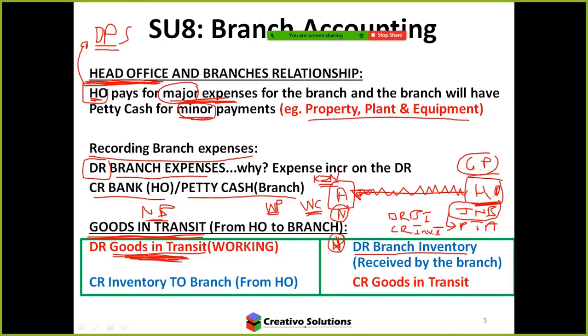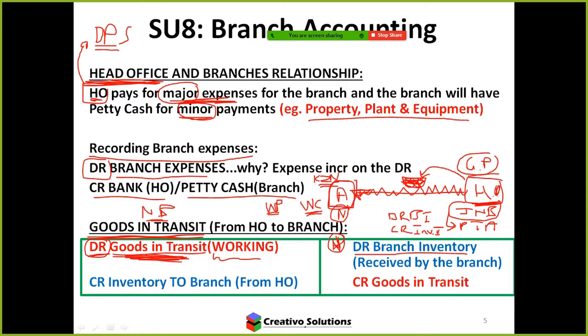So if there are goods in transit, you have to debit the goods in transit, so that'll be the goods on the road. Let's say it's a ship even. Let's say we're taking goods from Durban to Cape Town using a boat. When the goods are on the ship, those goods don't belong to the branch, but they also don't belong to the head office. Those goods could be there for a few weeks, maybe even a few months, depending on how far they have to go. So what do you have to do? You have to debit goods in transit because it's a working account, and then when the goods arrive, a week later,